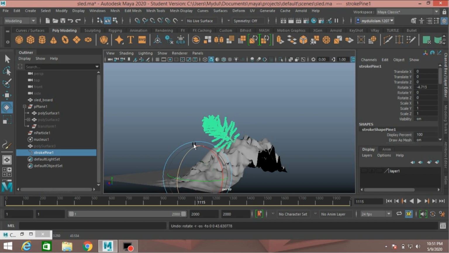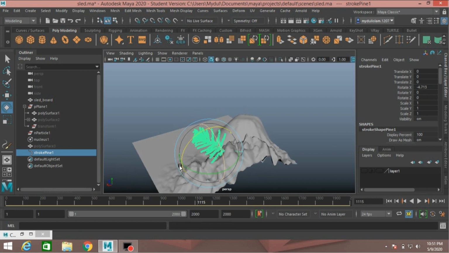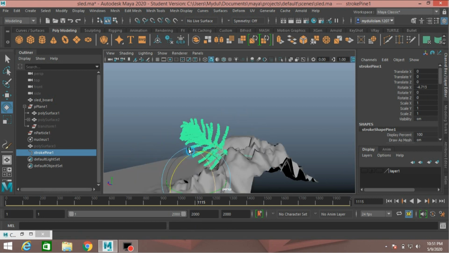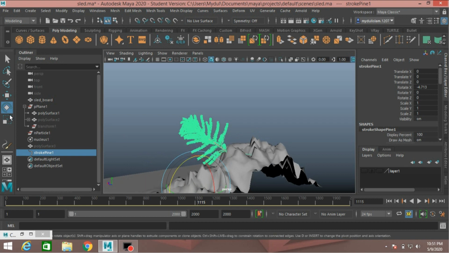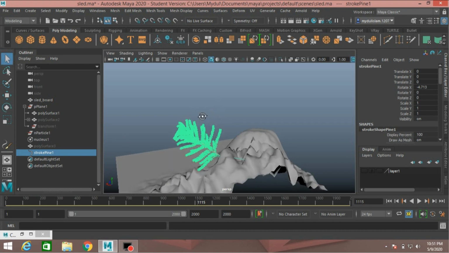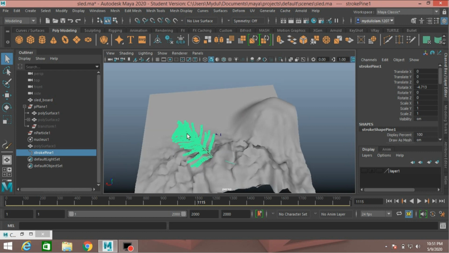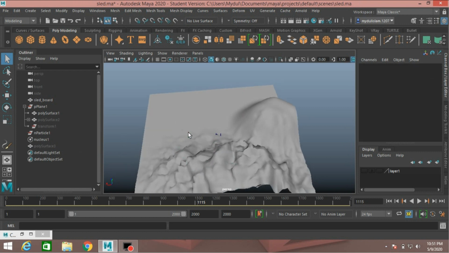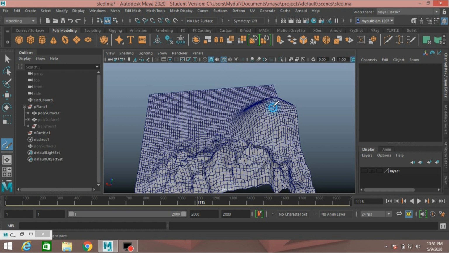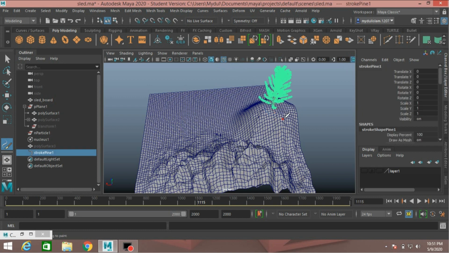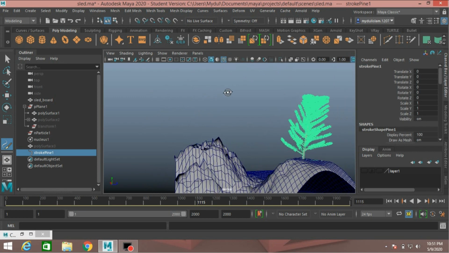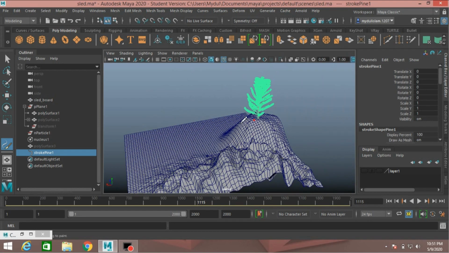Ctrl Z to undo. Delete. Select the pen tool. Turn on wireframe on shaded mode. Click one here. This time it's working.